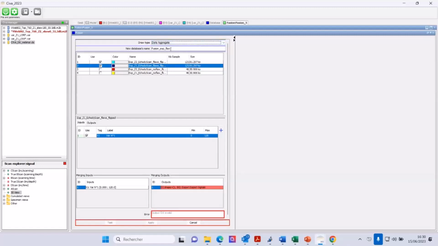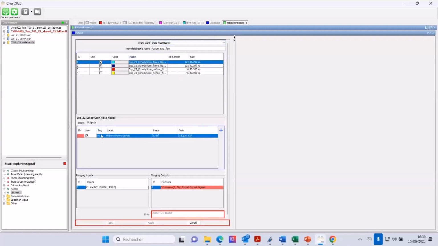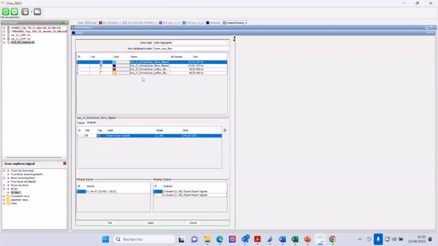So you have the inputs here, this is my file, and the outputs, the echodynamic, the exported signal. I will define the output here, and then you need to adjust a little bit. Because we'll have 2 outputs, I just need to change the tag. The tag is just a label to be consistent with the logic of this data aggregate.